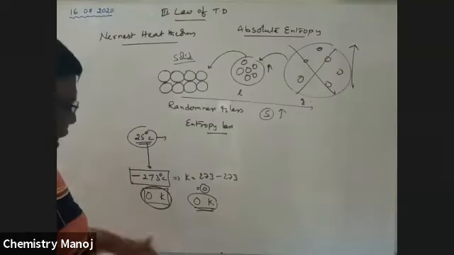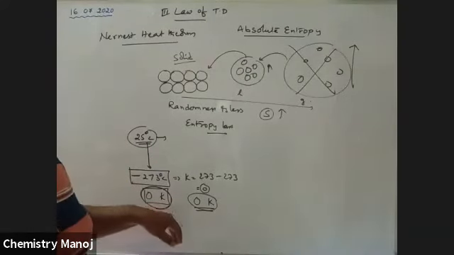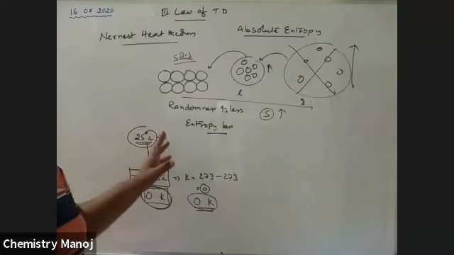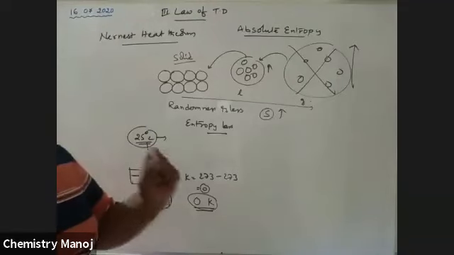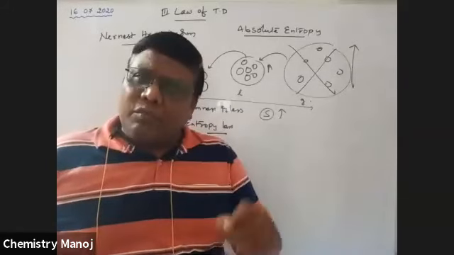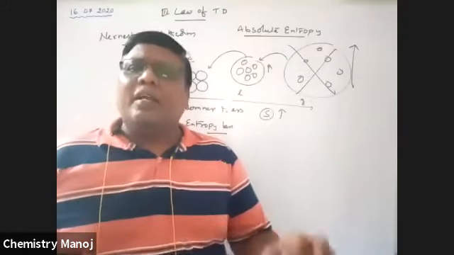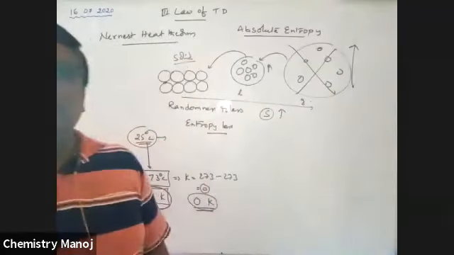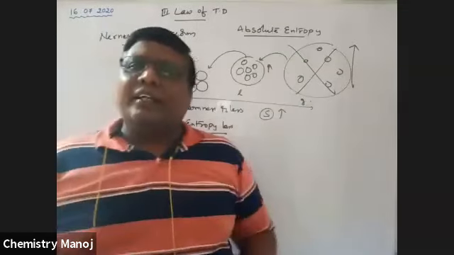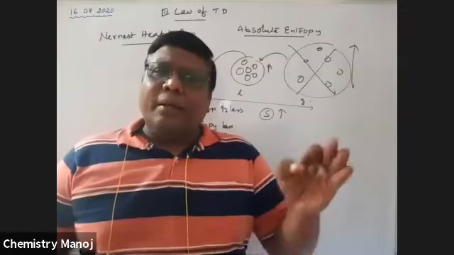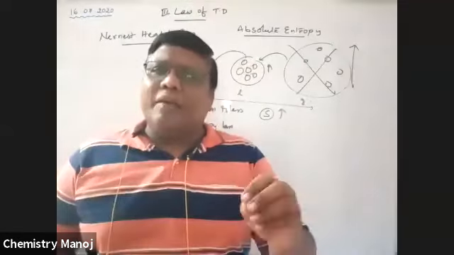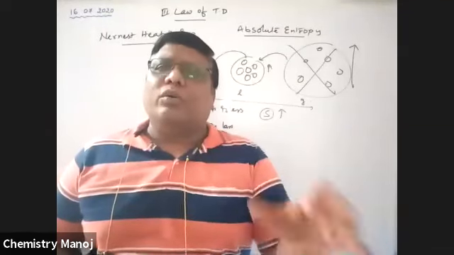No gaseous state exists at this temperature, my dear. All are converted into the liquid state, and then finally into the solid state. In solid state, atoms are perfectly attached, perfectly arranged. No randomness, almost 0 randomness. So randomness is going to be 0 at absolute 0. That particular crystalline material is called a perfect crystal, a perfect solid. Its randomness is almost 100% going to be 0.